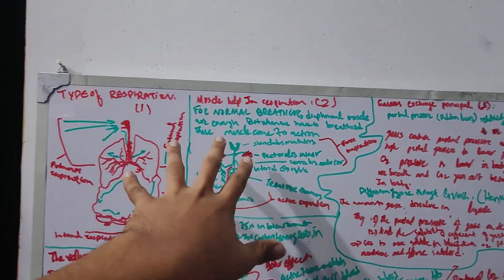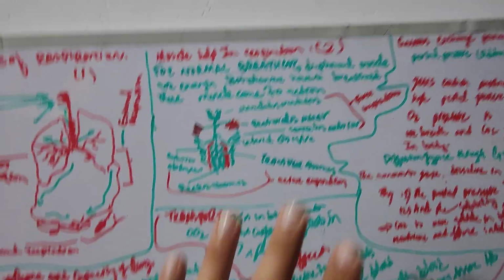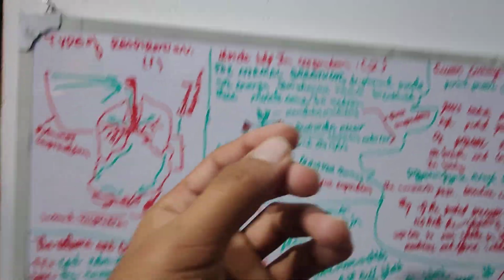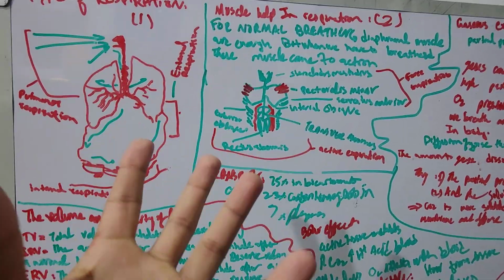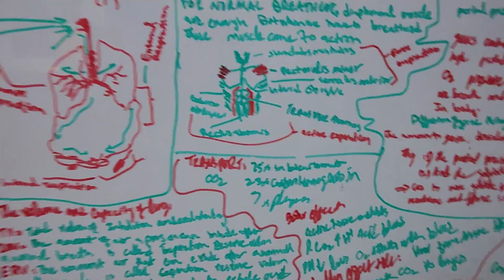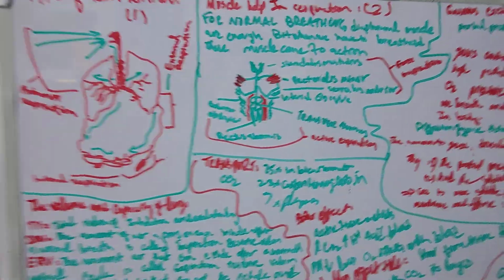Second of all, muscles that help in respiration. For normal breathing, the diaphragm muscles are enough. But when we do forced breathing, like when we are running or doing something and breathing fast, then some other muscles also help us. Most of the time, these muscles help us. These are